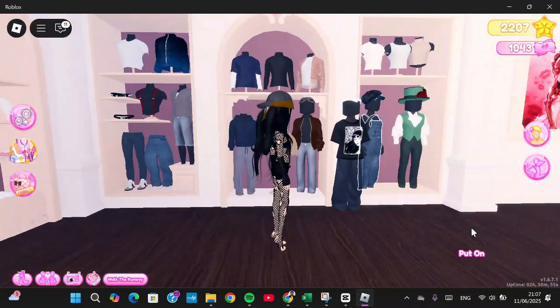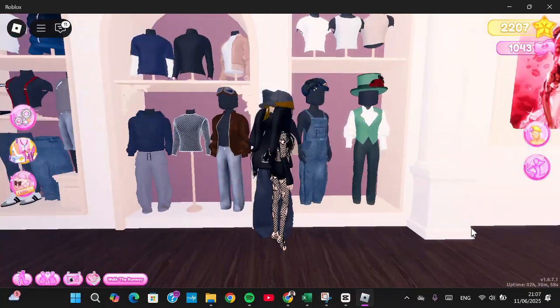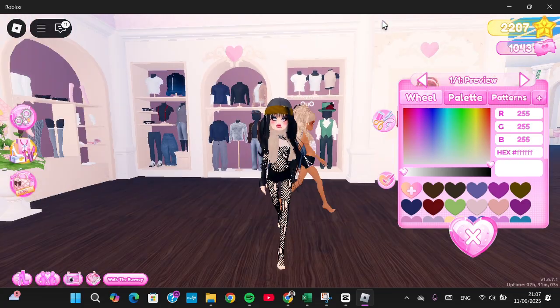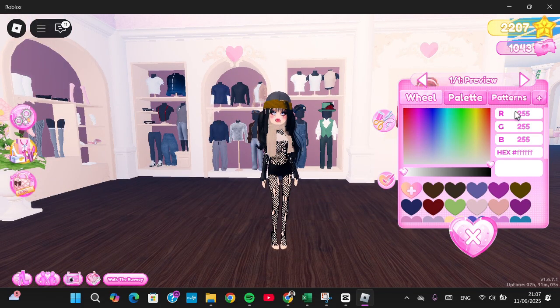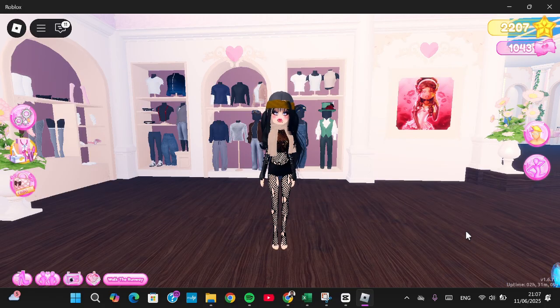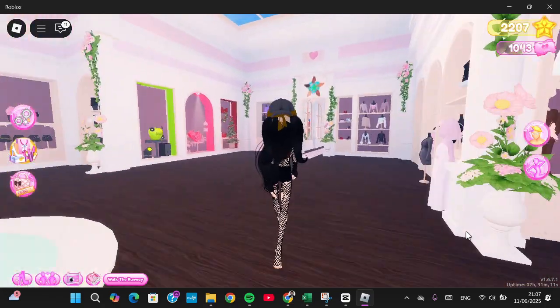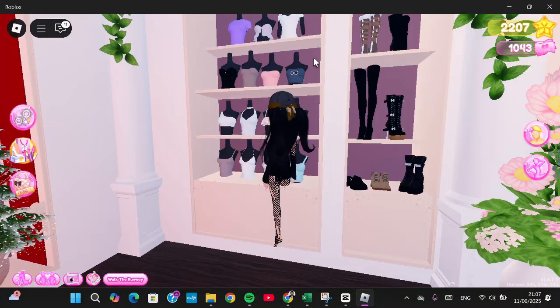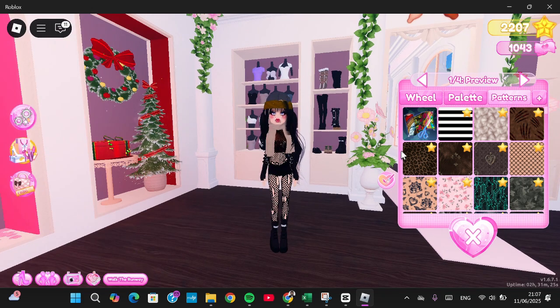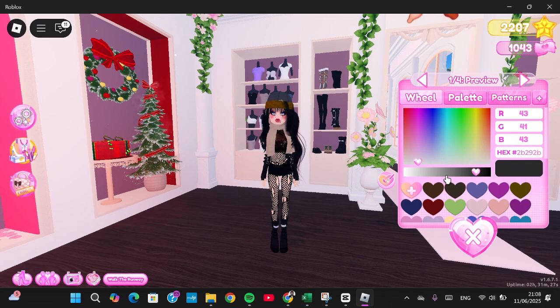And I'm going to move to this area and select this shirt. And then I'm going to put on this pattern. Okay, and I'm going to go to this area and put on this boot, and then I'm going to color it with this color